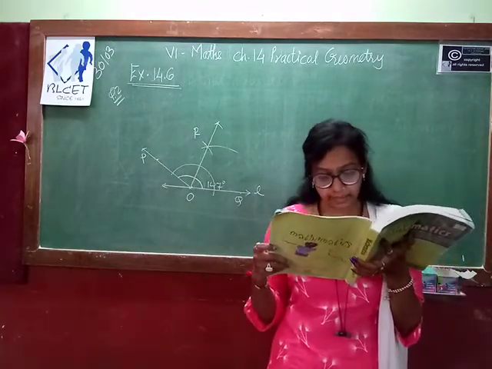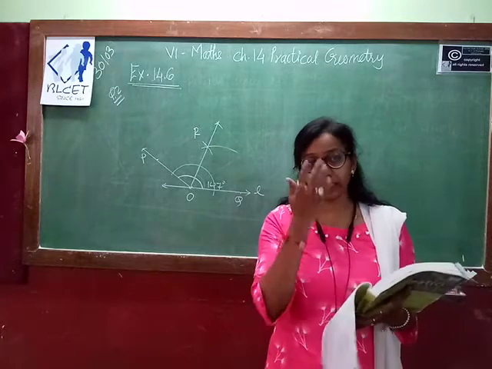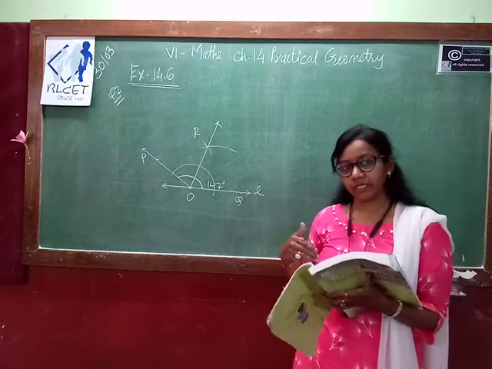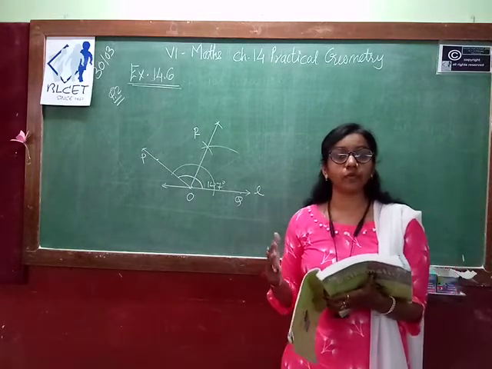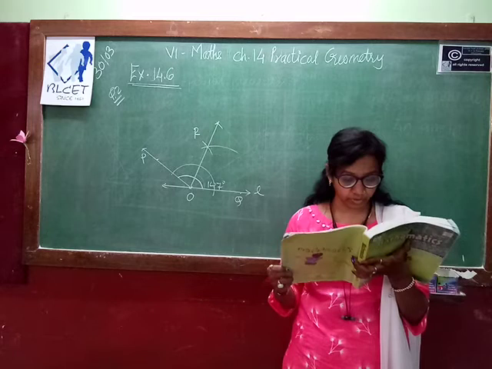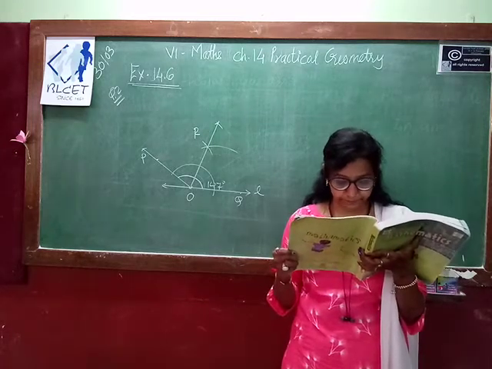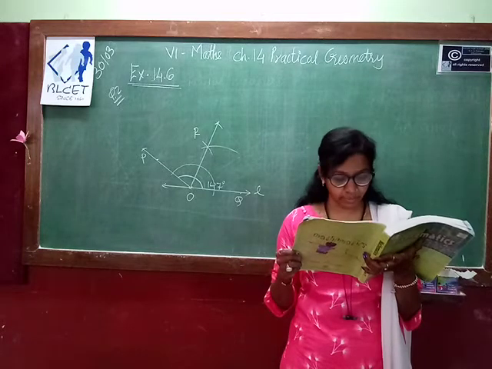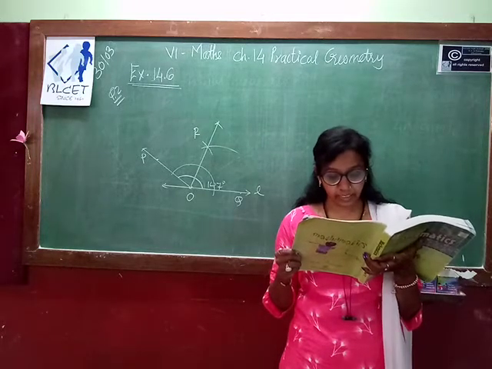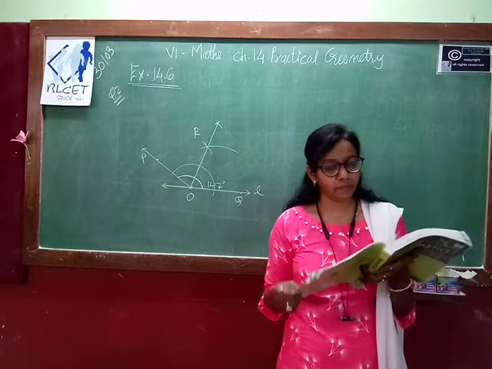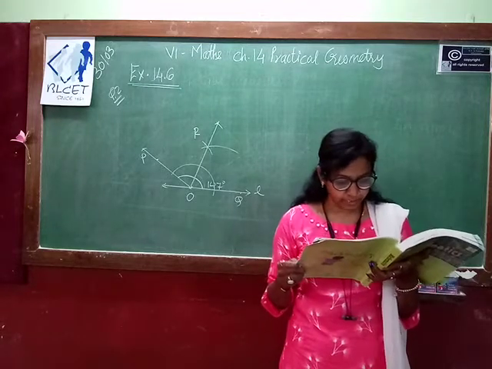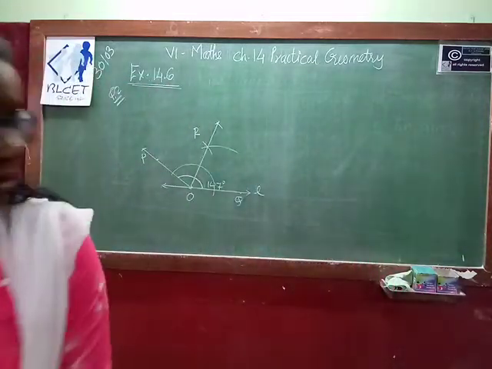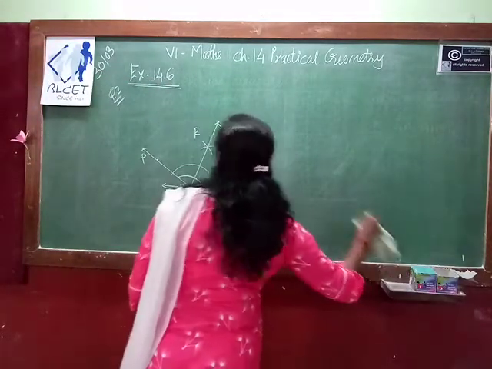Draw a right angle and construct its bisector. Right angle means 90 degree. Now you know how to draw the 90 degree. And in the previous session we have completed how to bisect 90 degree. So question number 3 you do by yourself. Now see question number 4. Draw an angle of measure 153 degree and divide it into 4 equal parts. So with the help of protractor, first we draw 153 degree angle. So let's see question number 4.